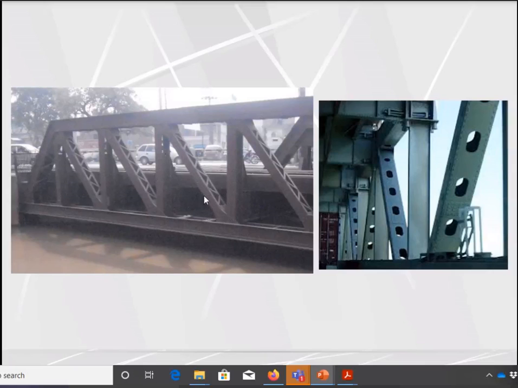This picture of a bridge I have captured, and this bridge is on Dharampura Canal. Here you can see that the diagonal member and the vertical member of this truss bridge are comprised of built-up sections, which are comprised of two channel sections, and single lacing is used to make this built-up section. And these are the built-up sections which are made by connecting the cover plate, perforated cover plate.